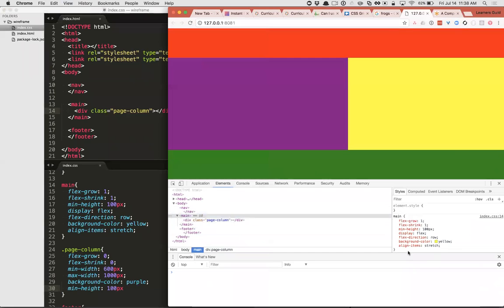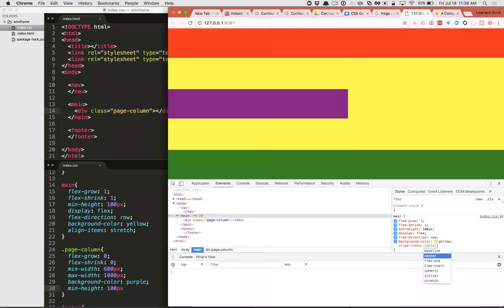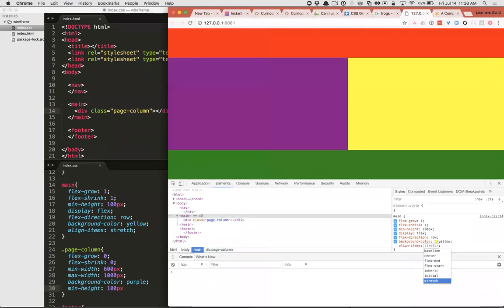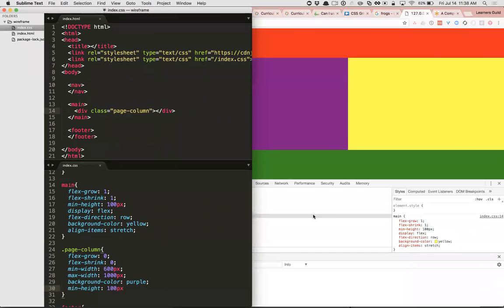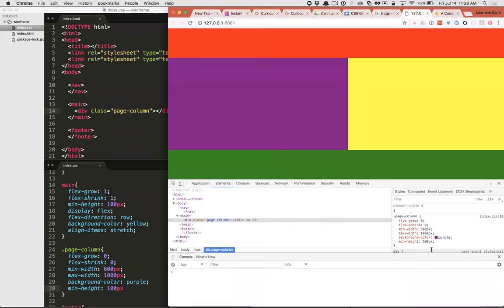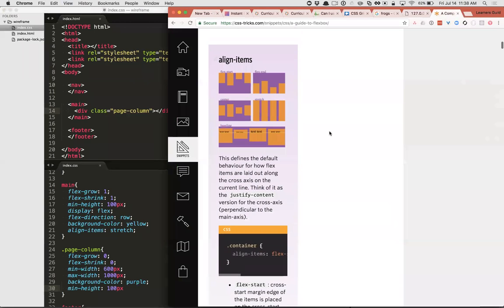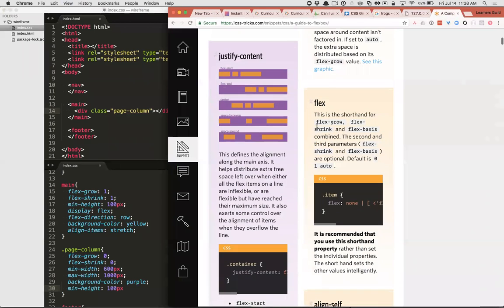We definitely want this to be in the center. So it's not that. I do want align item stretch. But I want it to sit in the center now. How do I do that?